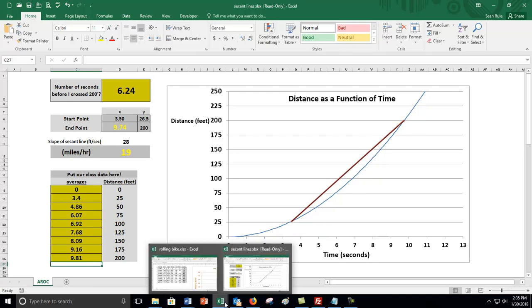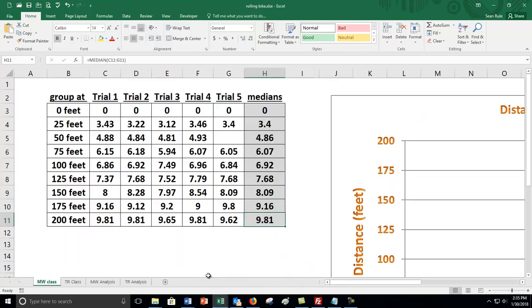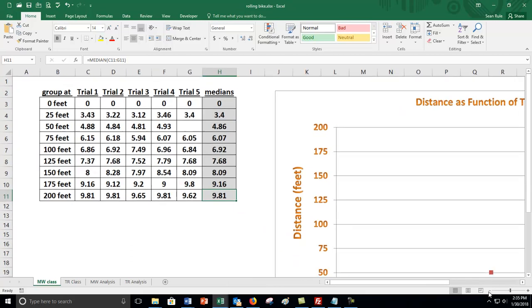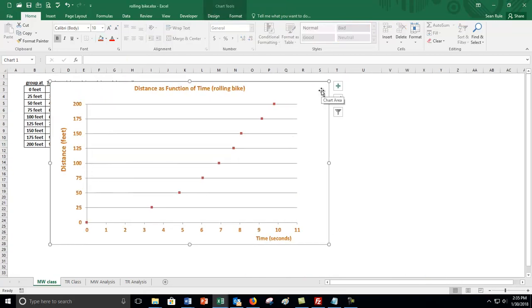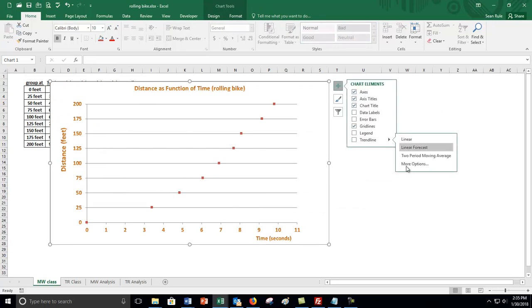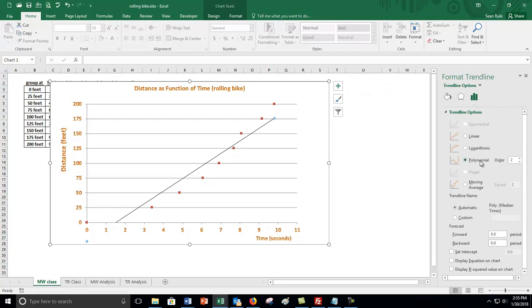Actually, I can show you the curve we made in class. We go back to our class spreadsheet. Let me zoom it out a little bit. Remember this? We did this in class. You can say no, because it was probably a day and a half ago by the time you're watching this. But trend line, we went into more options. We played with the polynomial curve. Boom, right there. That curve right there